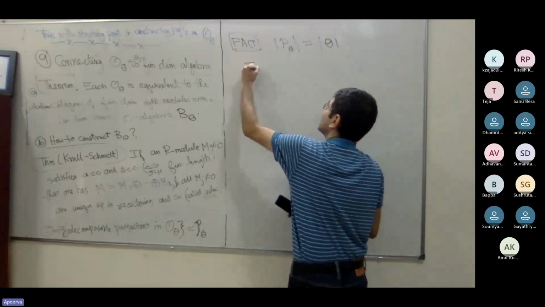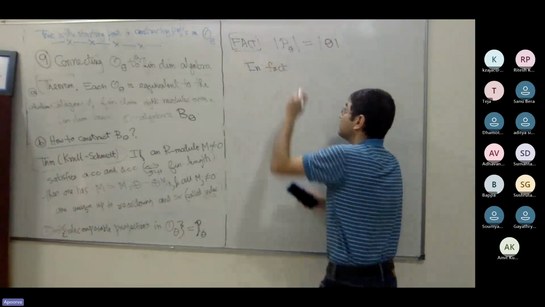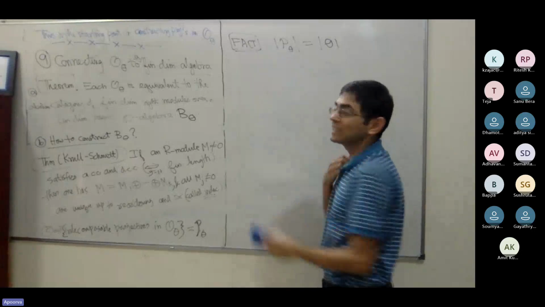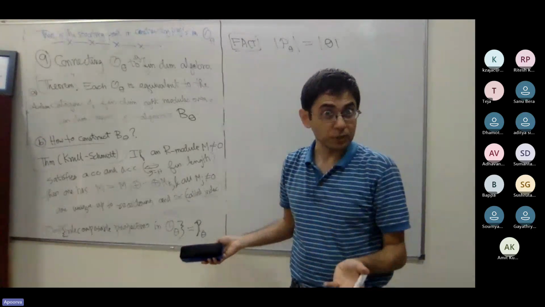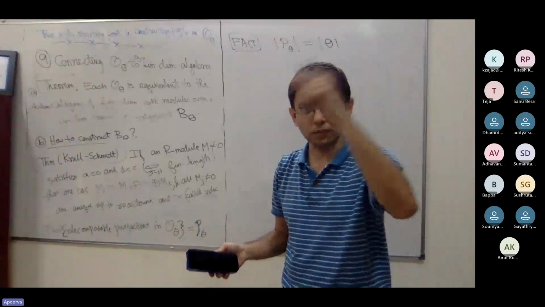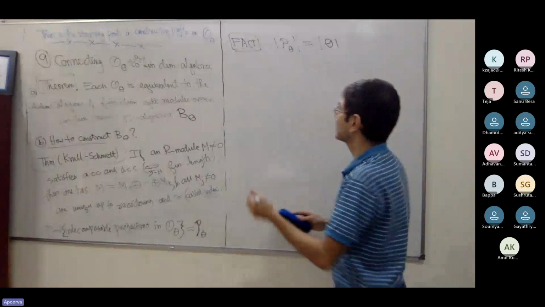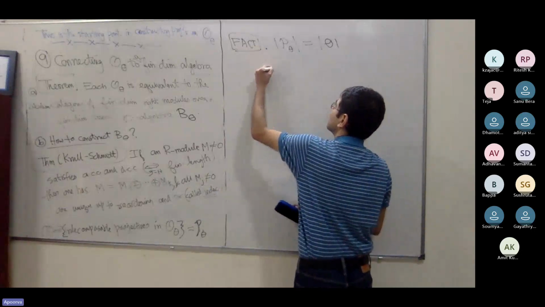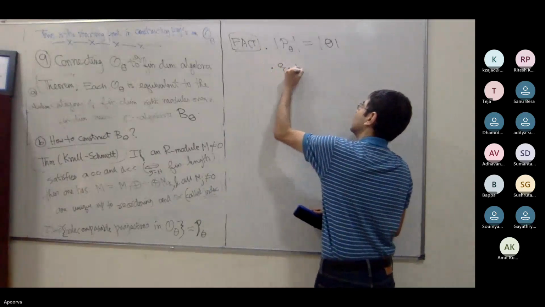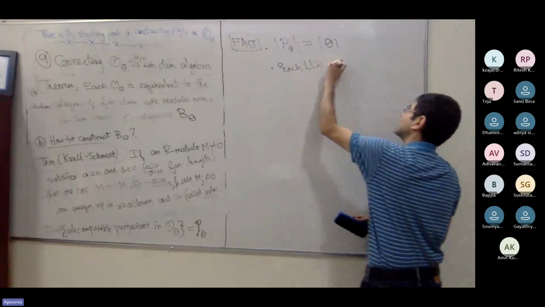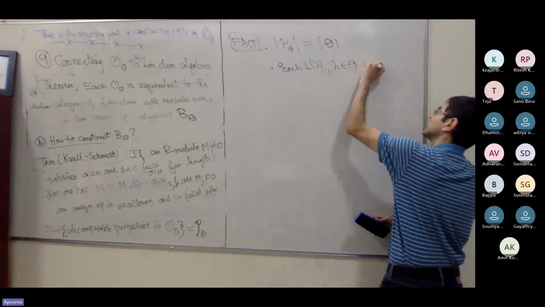In fact, every object. And what does it mean? It means that since these exist, there are enough projectives. So for every simple, there is a projective surjecting onto it. In fact, it turns out that there is this projective term. So each L lambda in theta is associated